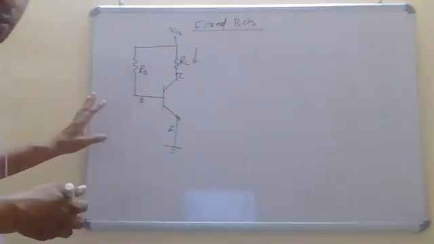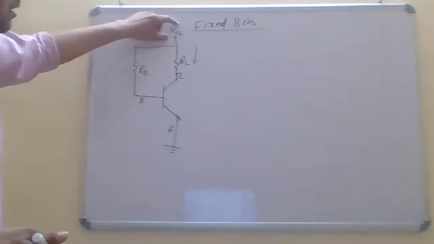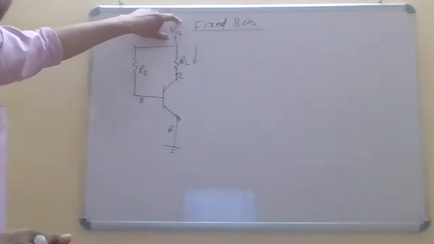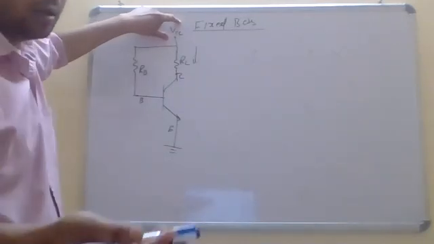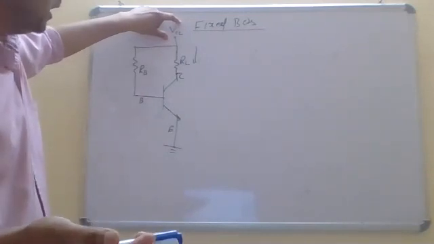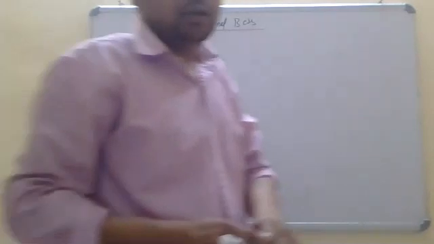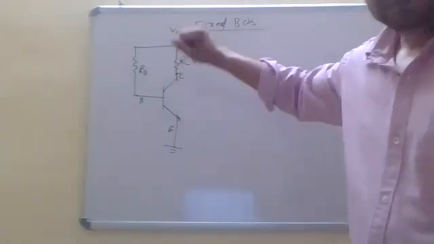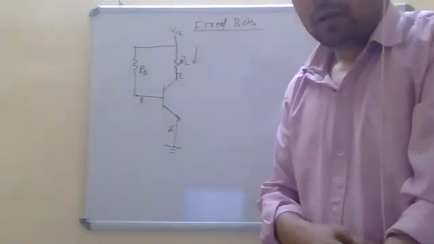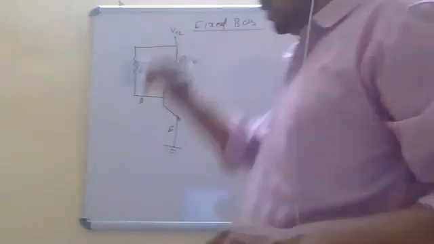We have one VCC, and VCC is a DC signal. It may be 25 volts in general practice. You know that, I think we have completed practicals 1 and 2 in our college. So definitely VCC will be in the 20 volt to 30 volt range, or maybe sometimes 15 volts. So from this concept, we can make some calculations.